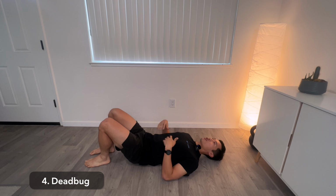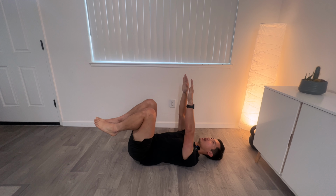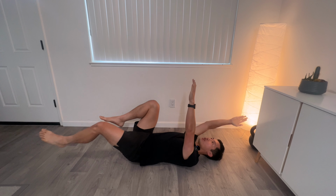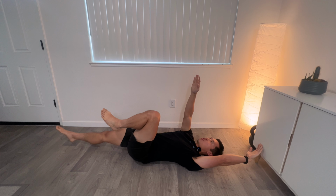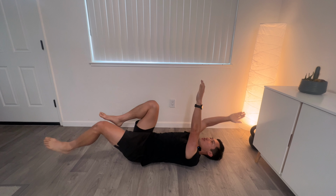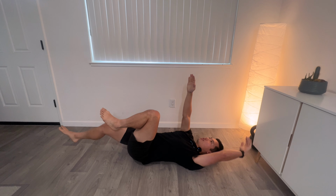So what this looks like is you're going to be on your back, hands and knees pointing straight towards the sky, keeping your back flat against the ground. You're going to lower one arm and the opposite leg. So you should keep your core engaged, keep your lower back flat against the ground,